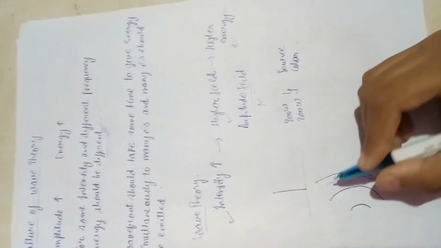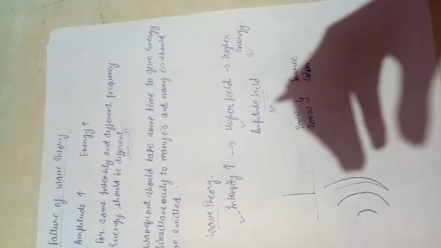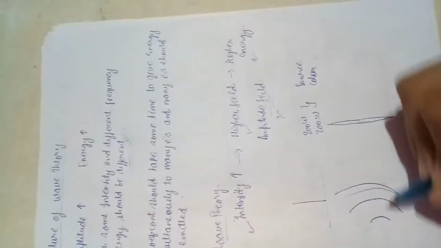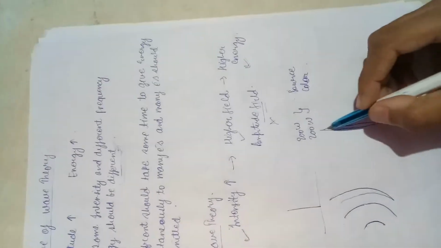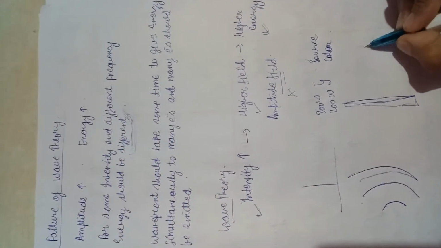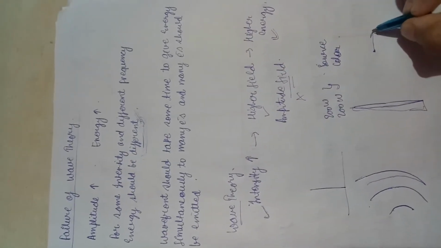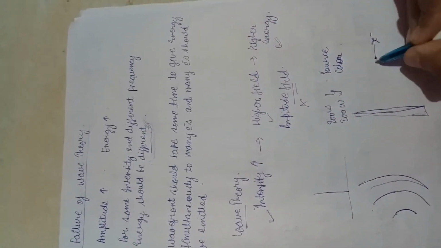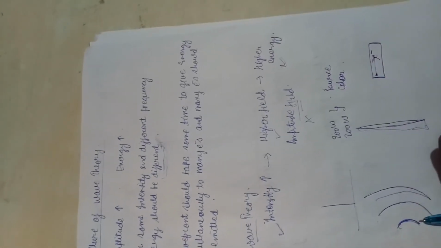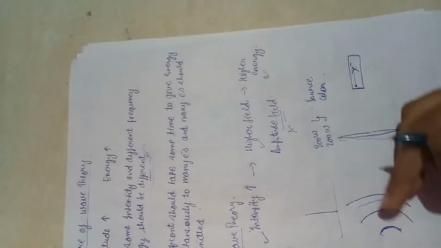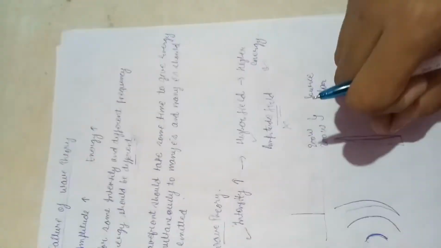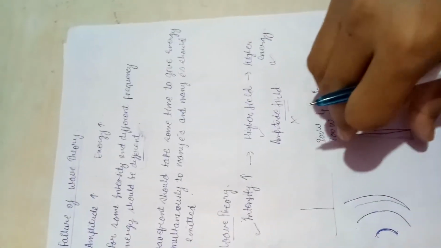So wave theory says that if I am using this entire wavefront for absorption, the metal will absorb the entire wavefront. The wavefront will come to the metal surface and it will be absorbed. As we have seen in the photon theory, one photon strikes a particular electron. But in terms of wave theory, we have a whole wavefront, so it will not strike a particular electron, it will strike the whole surface. The energy is not transferred to a single electron, it is transferred to the whole surface of the metal.